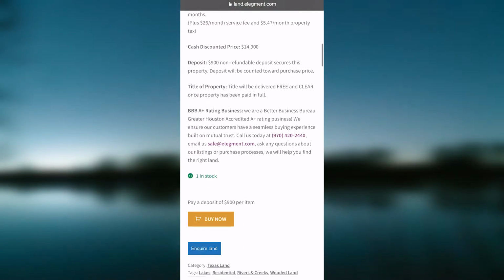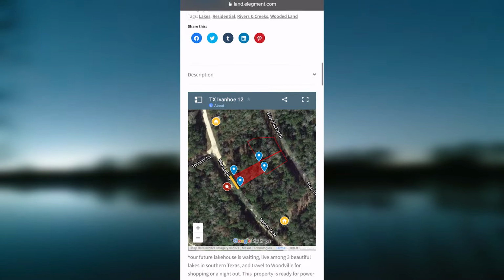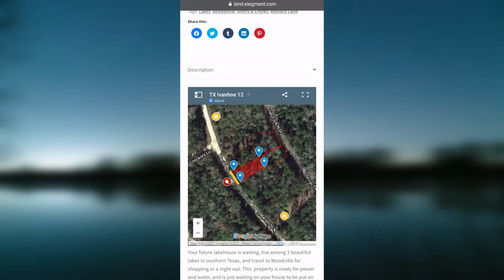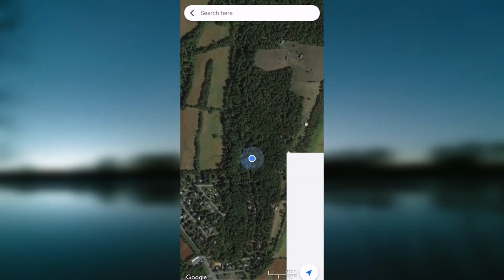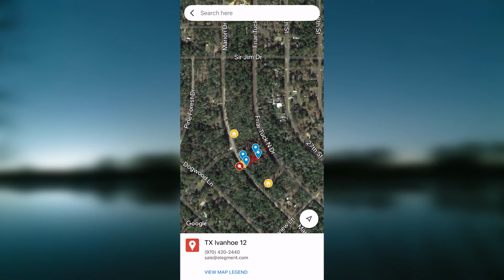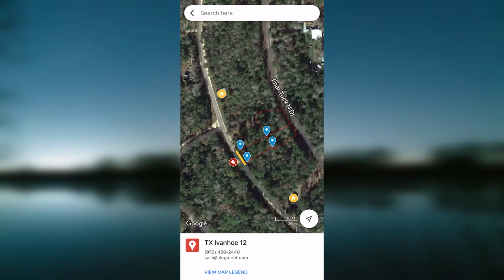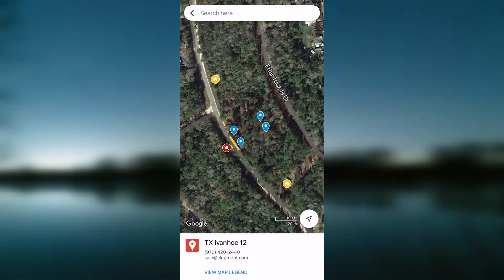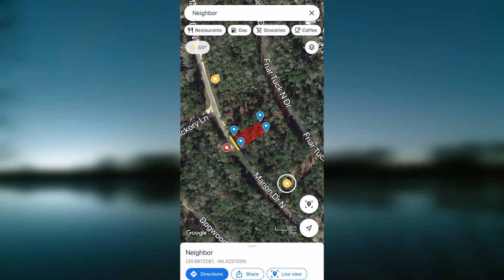If you scroll down on the listing on your phone, you'll see the interactive map. To expand the map, click on the rectangular icon in the top right-hand corner. From here, we can easily move around the map and see the boundaries of the property and the corners. This is a great way to get a feel for the area, get a feel for nearby neighbors, and see